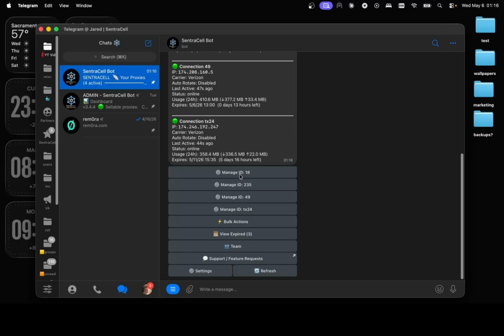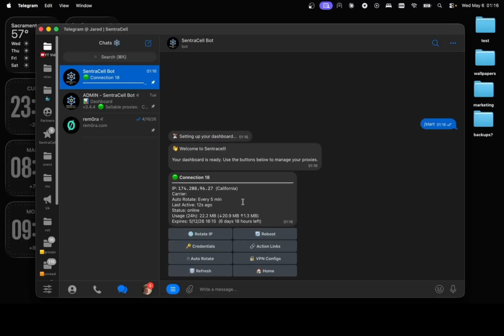Now, let's go ahead and, on the individual connection level, let's see what options we have here. After clicking the gear icon, you're going to be prompted with this screen. Now, rotate IP, this is pretty straightforward. After clicking this, the proxy is going to rotate the IP after 15 seconds, and then you will get a